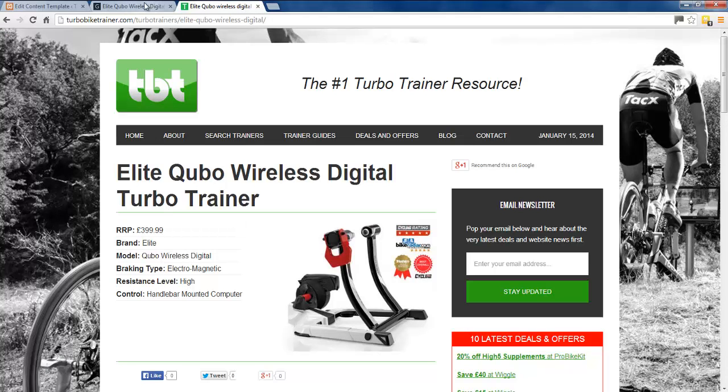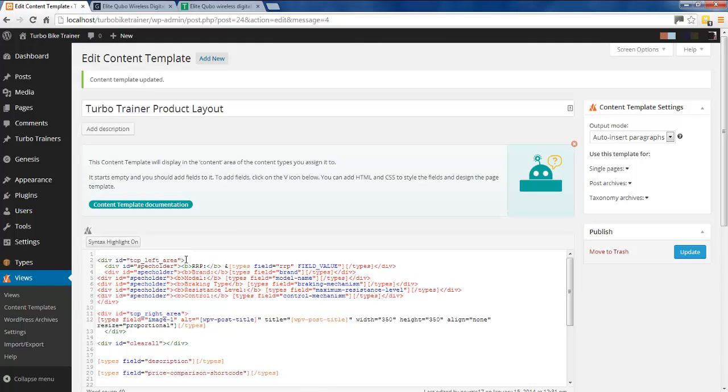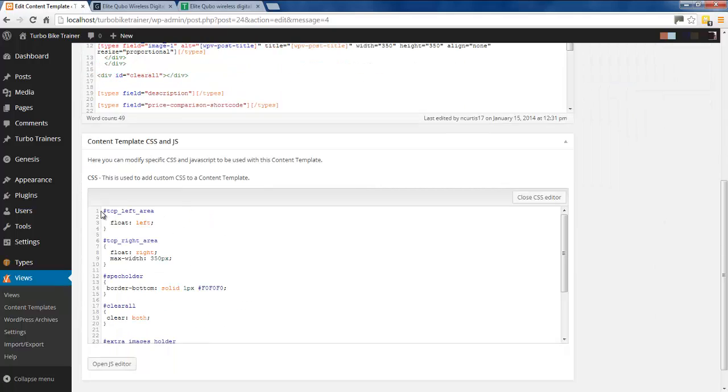There's a thin green line above this area, so we'll put that in now. And what I'm going to do is create a final holder which is going to go around this whole top area, because this is the easiest way to do this section. So I've created a new div called main top holder, which goes around all of the specification and main title. And I copied that and I put too many parts at the end. So I'll create a new styling under this div ID name of main top holder,